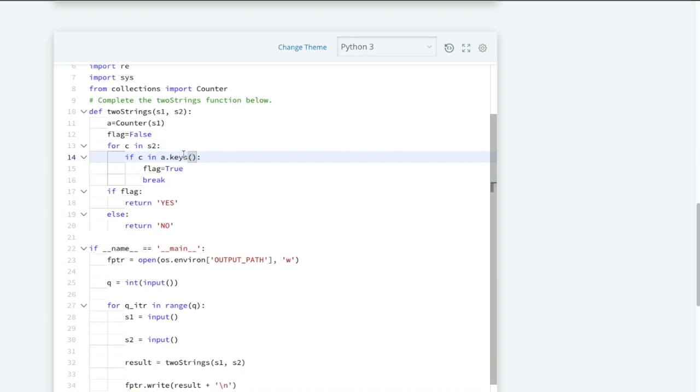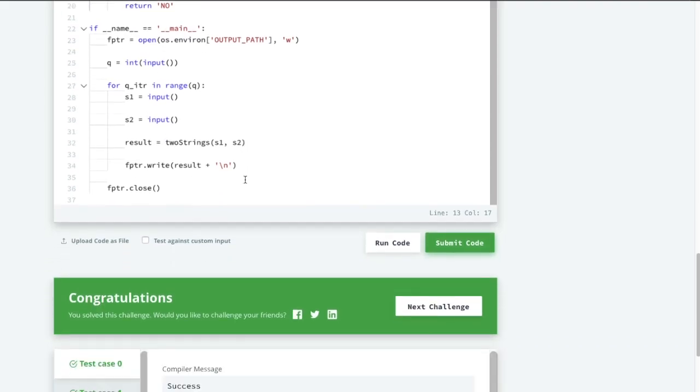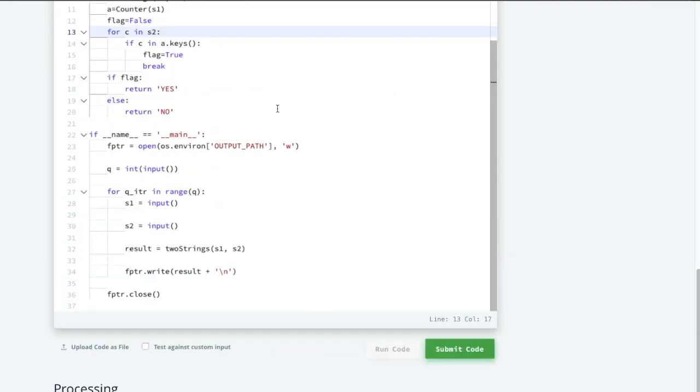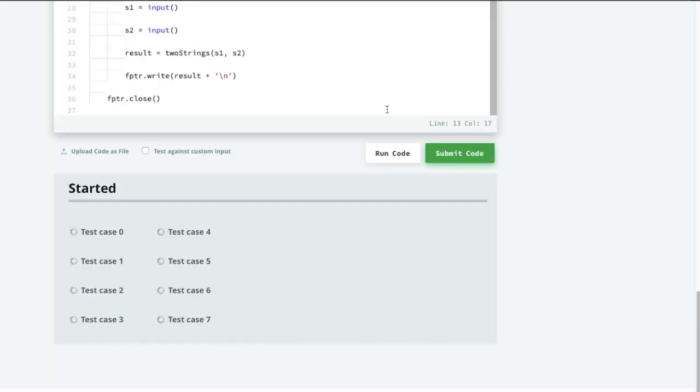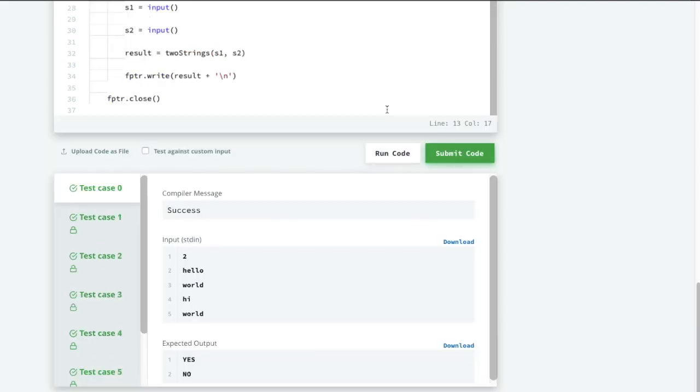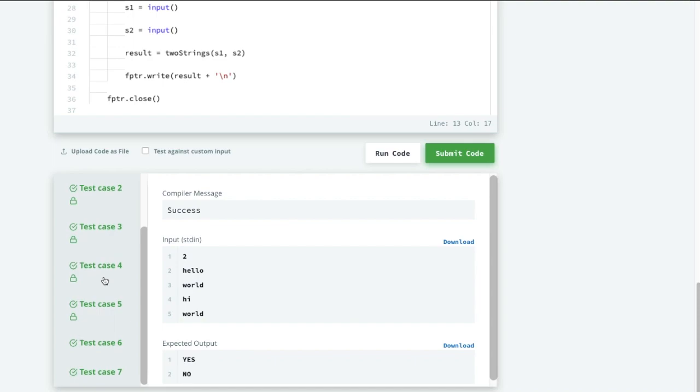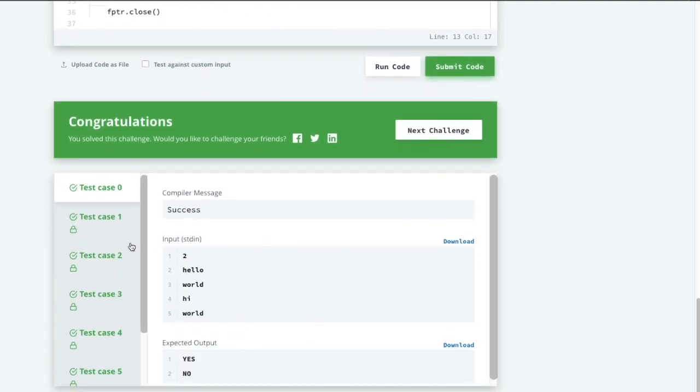If it is present, then it will simply set the flag to true and return yes, otherwise it will return no. Same logic, but here searching is fast in the dictionary. So let us run this code. Let me submit this code. You can see here we are done with almost all the test cases. So these are the two methods.